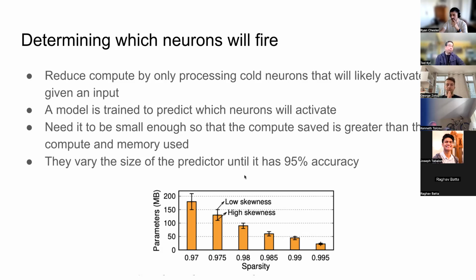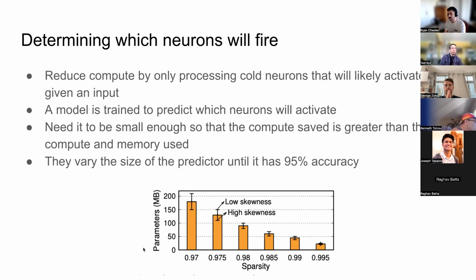And so they figured out a way to do the trade-offs where you guarantee that your model is just at the threshold of 95% accuracy and isn't wasting a whole bunch of parameters and VRAM space and compute. So you can kind of shrink it until you get that 95% accuracy. And we'll see in a different graph that 95% accuracy is kind of the floor where you start losing accuracy of the model, because of the way that they're doing this,